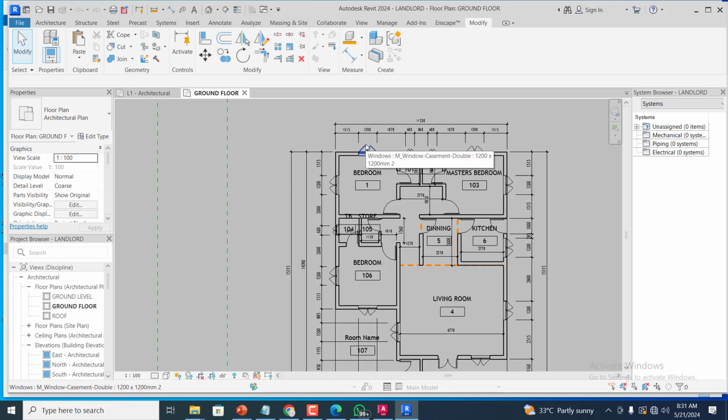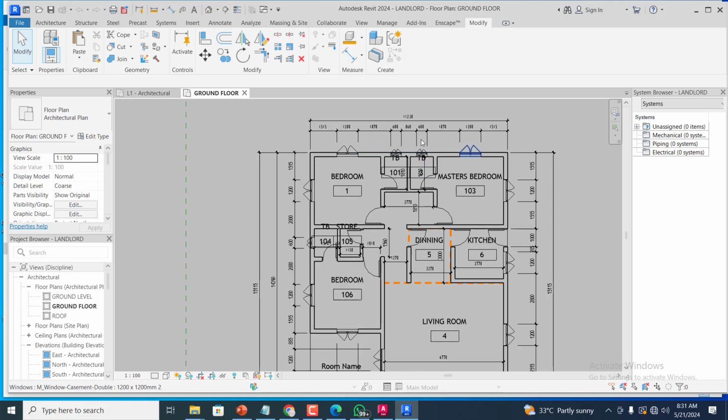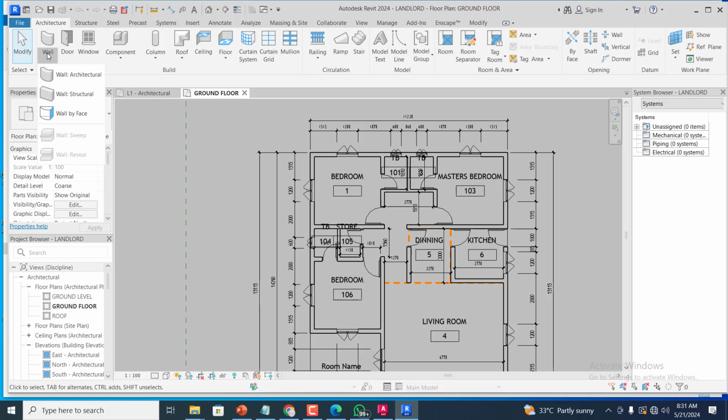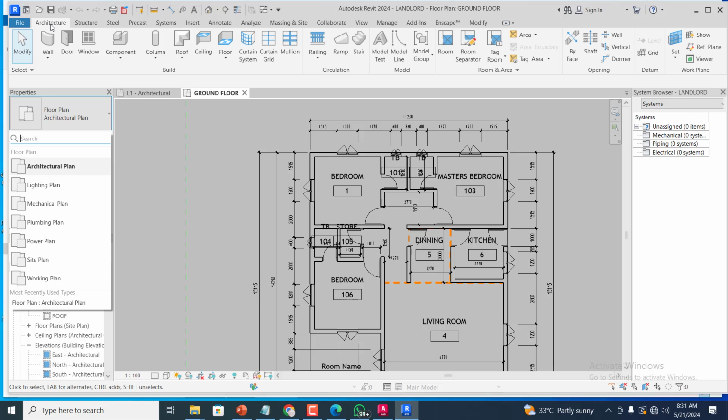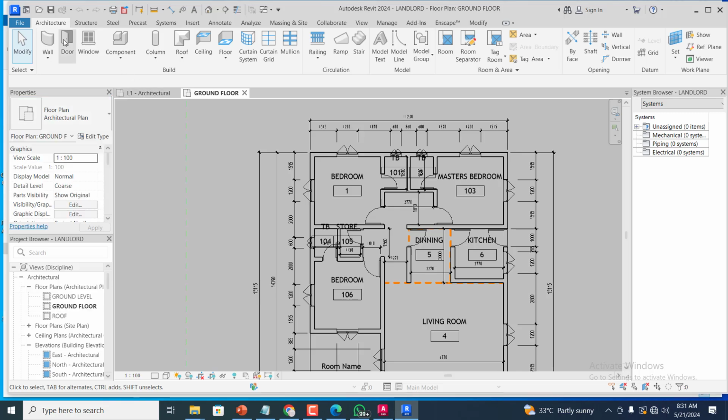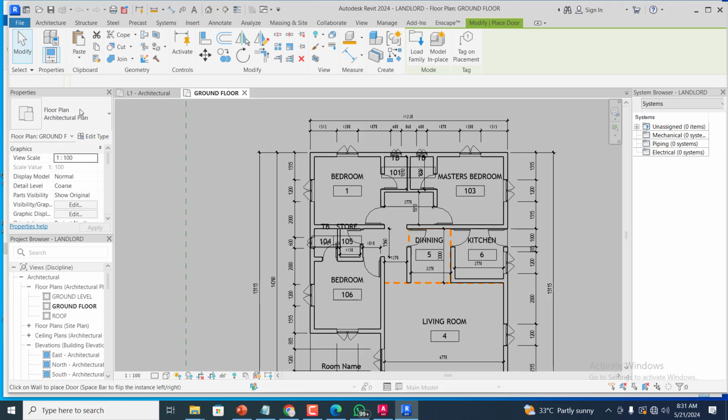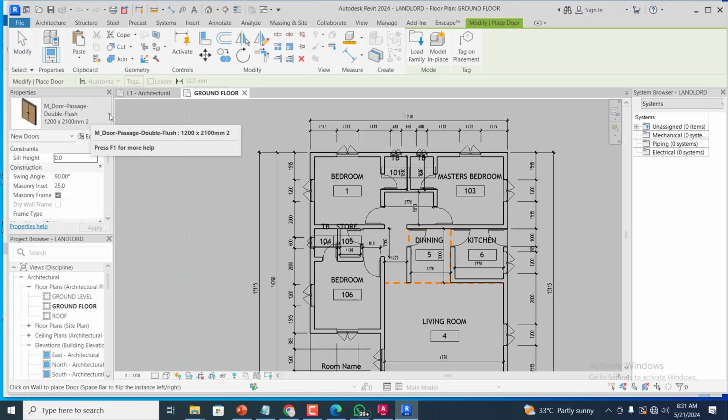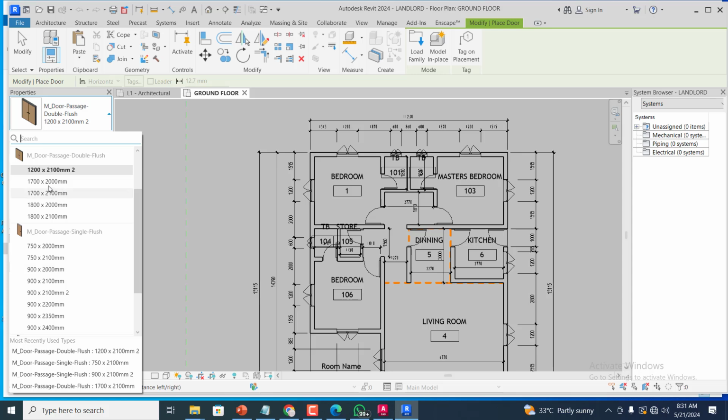And then I'm definitely going to be showing you how to copy these doors and windows to our new project. You will agree with me, if you come to your architectural tab, there are some types of doors and windows which we actually made use of in this particular project, that in the new project you will most likely not find. You can see we have 1200 by 2100. I created 900. I can't remember if this was existing there, but if you go through,